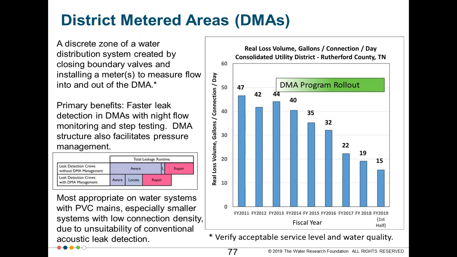I think I'll cover this one and then jump a couple ahead. The DMA is a tool that's been growing a lot in the use in the U.S. and has been used for quite a while in Canada. And it's a sectioned off area of your network where through night flow you can achieve faster leak detection and localization. And it's most appropriate on smaller, less dense water systems where you have plastic mains such that acoustic methods don't work so well. And this is an example from one of our participating utilities,